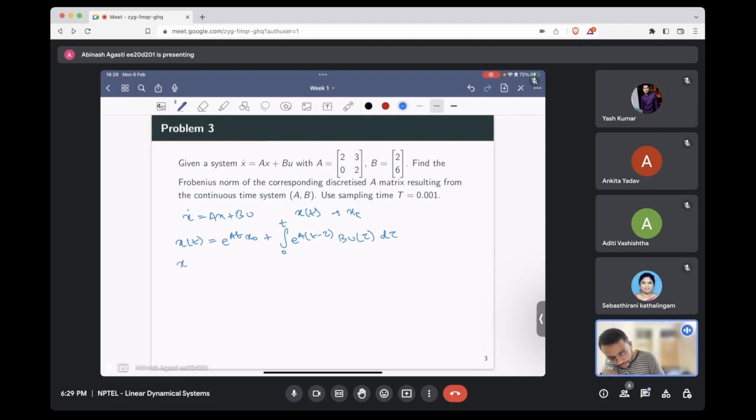So I'll define x of k as x of kT, with some sampling time T, where T can be defined as per any problem. So here x of kT is e to the power AkT x naught plus integral 0 to kT e to the power A(kT minus tau)